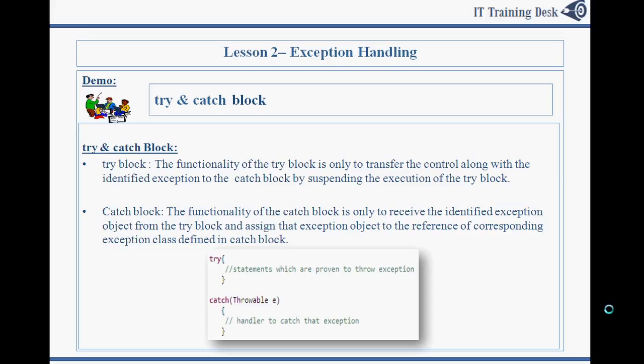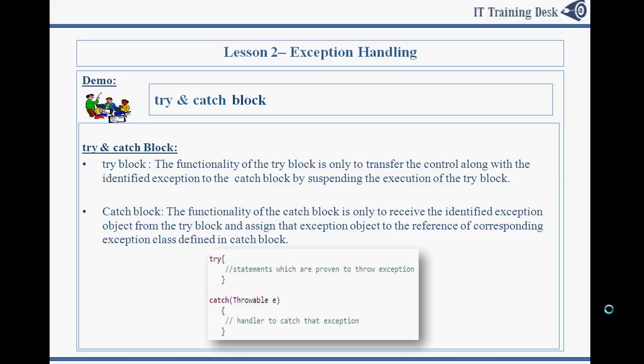Actually, this exception object contains a lot of debugging information that the user wants whenever he is going to debug his code, such as the call stack, at which line number he got the exception, etc. This is the structure of the try and catch block.